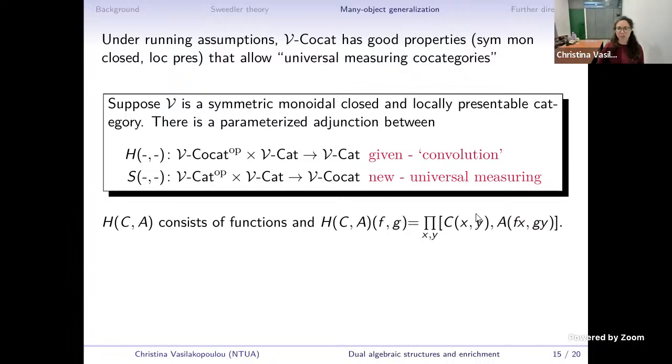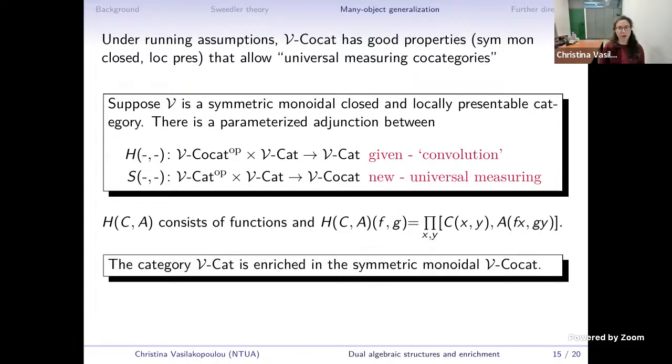And now the home object is a bit more complicated, but is really just the product of all the home sets here one can build using those F and Gs. Okay, so this is morally the right thing to do. In a couple of slides, it will become the only option. Great. So using again the actions and all the things we said earlier, we can show that we do get